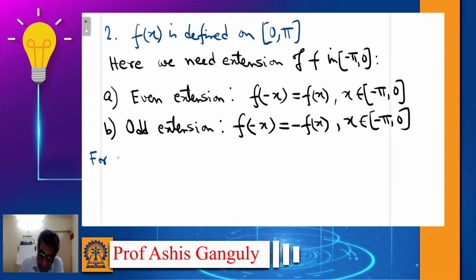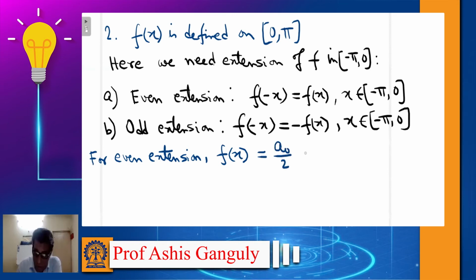For even extension, if you take even extension, okay, then your f(x) will be a0 by 2 plus summation n equal to 1 to infinity an cos nx,